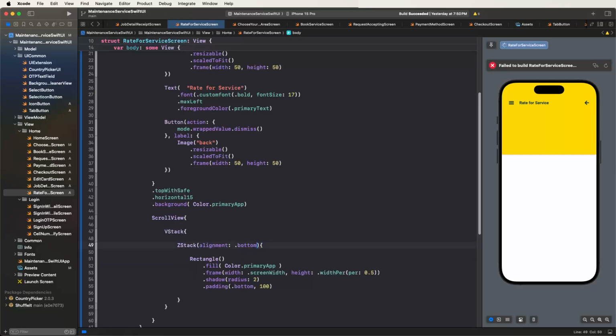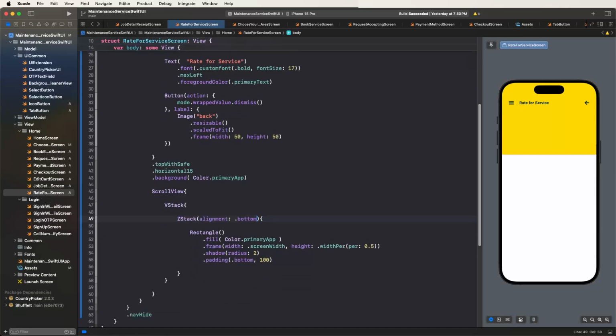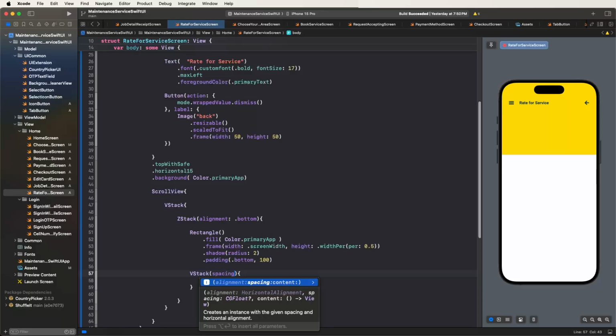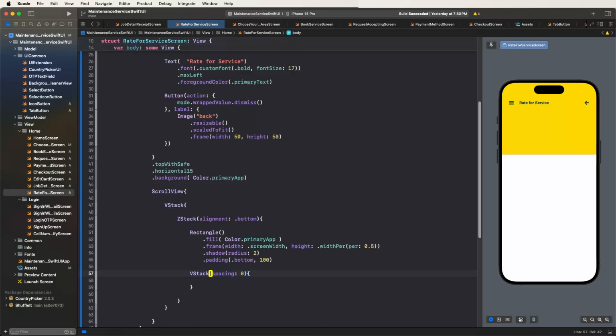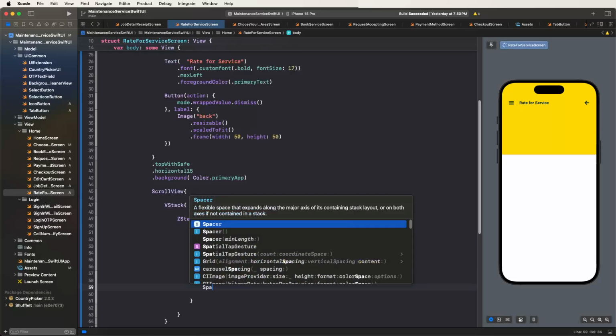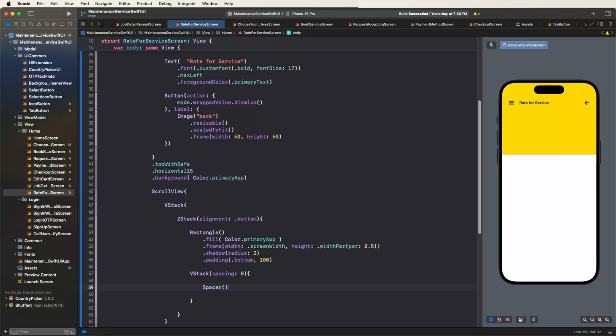Now we need to develop the rectangles, we need to draw here. First of all the UI we need to show here. Now we need to create here the stack and we need to use the spacing, set 0, and we need to declare the space, we need the bottom UI. That's why first of all we need to draw the